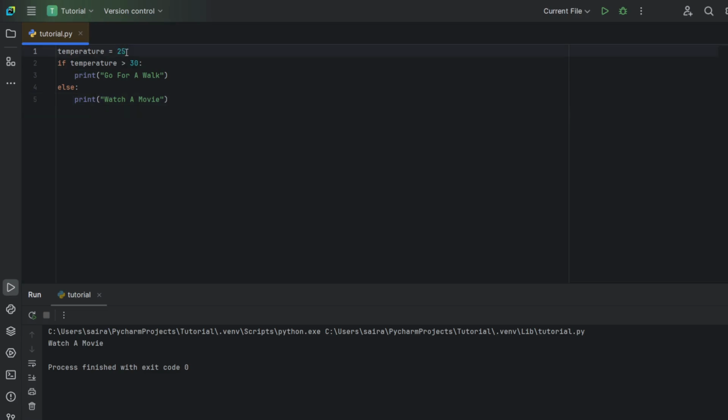So if we take temperature as 35 and run it, it prints go for a walk, not watch a movie. So we can understand that if the if condition evaluates to true, it will print the indented statement of the if condition. But if it evaluates to false, it will print the indented statement of the else statement.